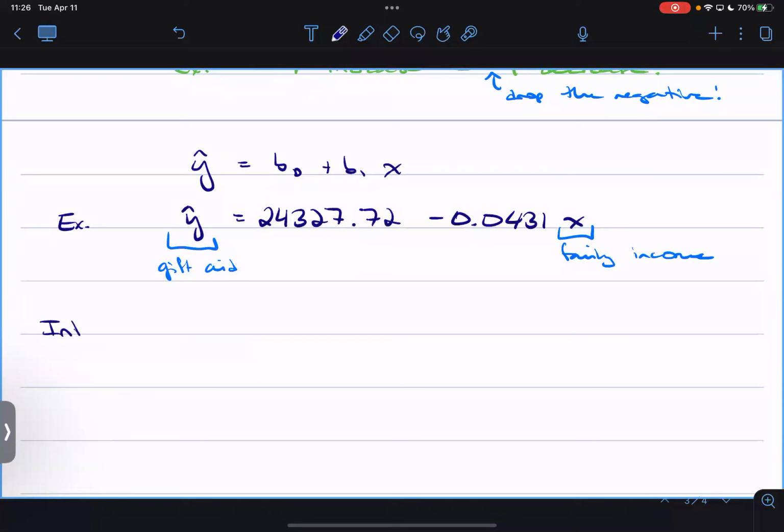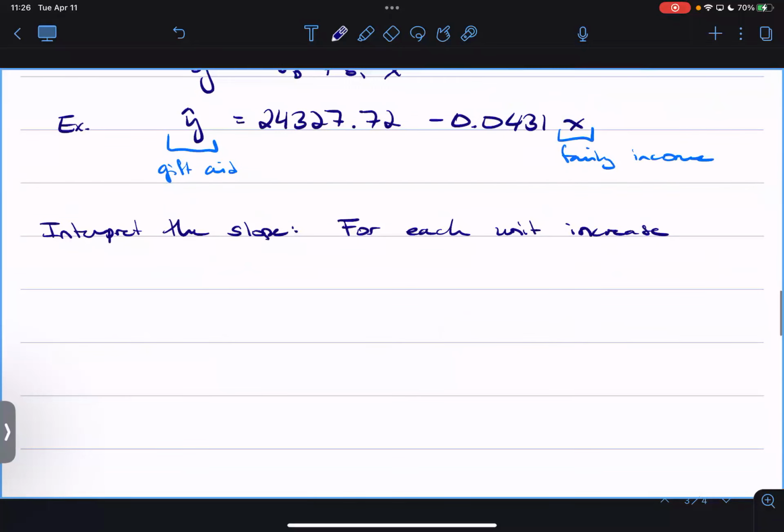So if we had to interpret the slope, for each unit increase in family income, right? So for each unit increase, and this is where it would be important to know what the units of family income are, right? Is it in dollars? Is it in $10,000? Is it in thousands of dollars, right? In this case, it's just per dollar, right? So for each unit increase in family income,